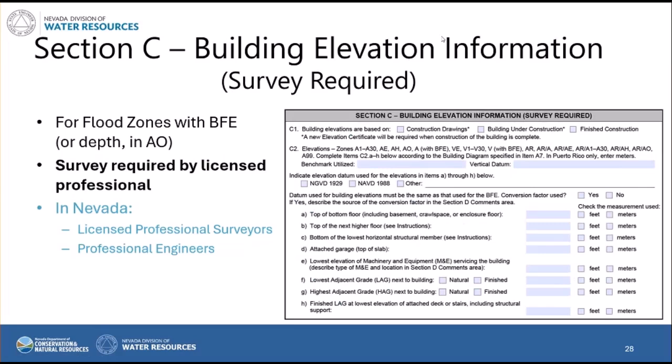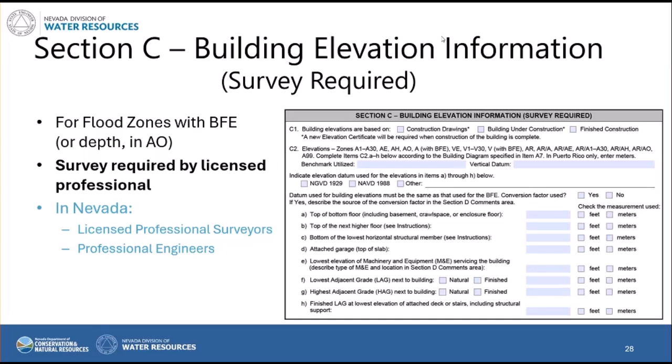So, section C is for zones with a base flood elevation or a base flood depth in the case of those AO zones, shallow flooding zones, 1 foot, 2 foot, maybe a velocity, maybe not. And so use of this section is required where there is a base flood elevation published by FEMA. It's not required for those A zones without a BFE, unless there's support that's needed if they're using this form for an application for a letter of map amendment or letter of map revision based on fill. In that case, because there's certified elevation information required by that letter of map change process, you've got to